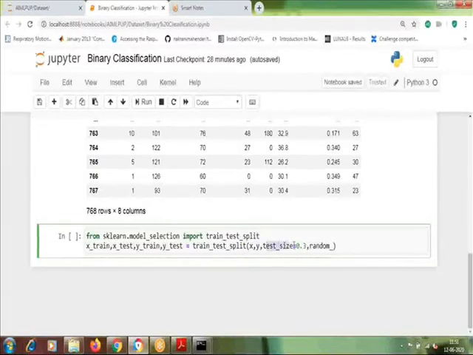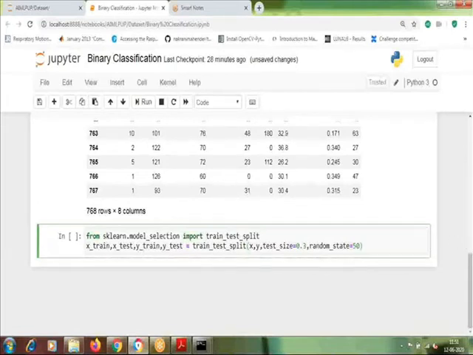Then the size of the split. When I specify 0.3, it means that 30% of the data set will be used for testing purposes and 70% will be used for training purposes. Then there is another parameter, random_state. This random_state tells whether to split the data set randomly or sequentially.